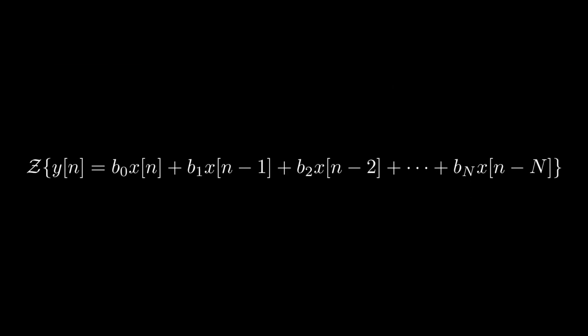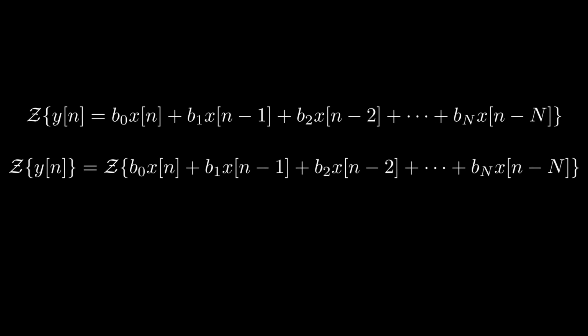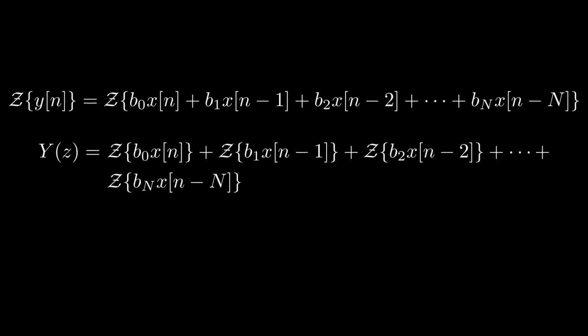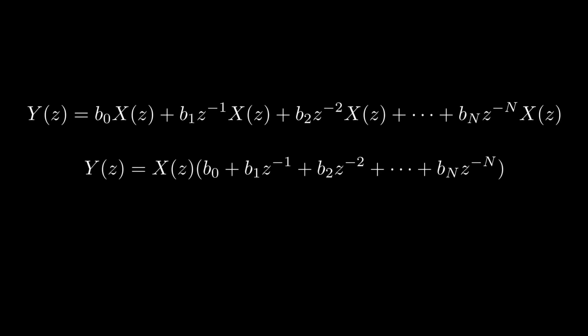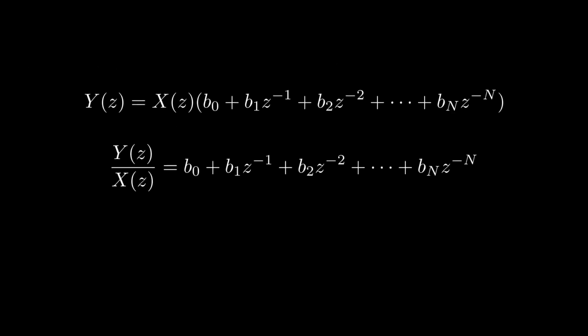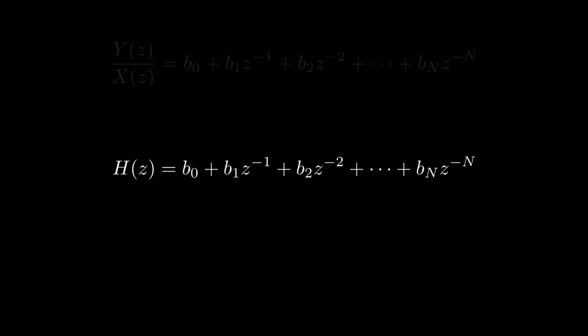The Z-transform is the tool we use to understand how filters modify the frequency spectrum of their input signals. By applying the Z-transform to the FIR filter, we'll be able to see the relationship between the b values and the filter's effect on the frequency spectrum. This will make it much easier to decide which b values to use when designing a FIR filter.